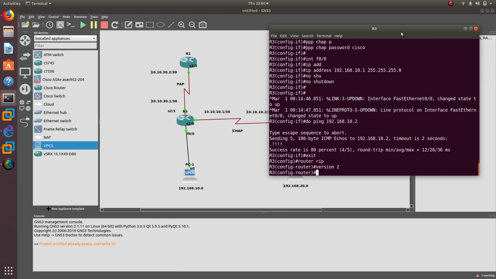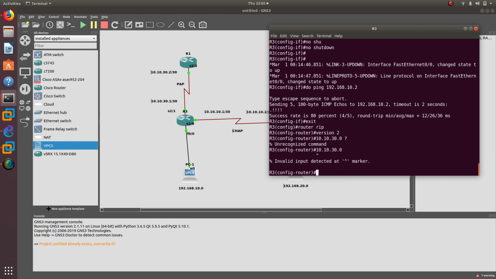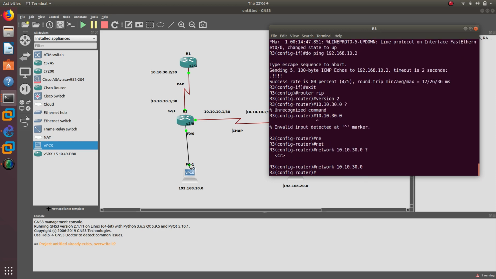And now let's go ahead and enter. So router 3, let's go ahead and configure 10.10.30.1. So if we do 10.10.30.0, oops, I'm sorry for that. You need to do network. Huh, look at me, I just got my CCNA and I don't know how to configure RIP version 2. So network 10.10.30.0, there you go. So we have configured router 3 with network